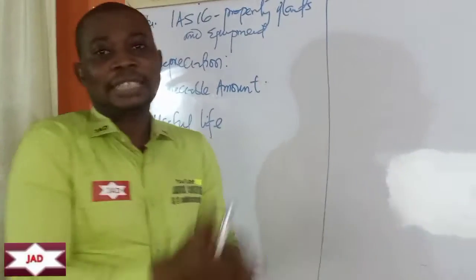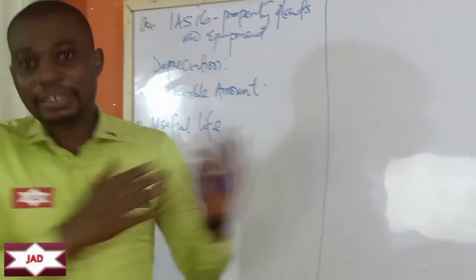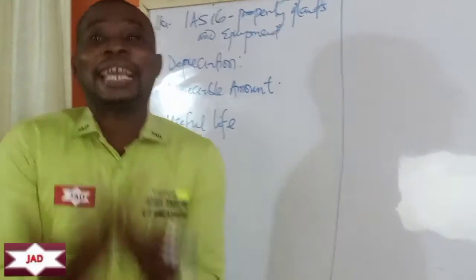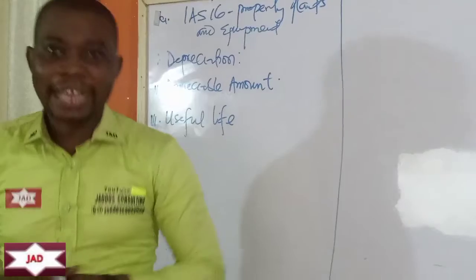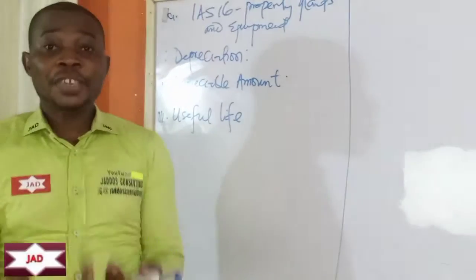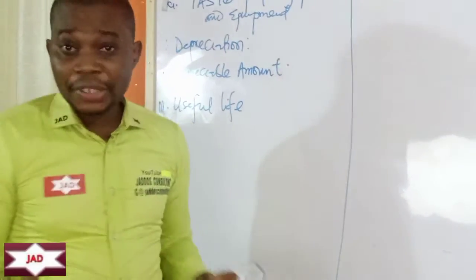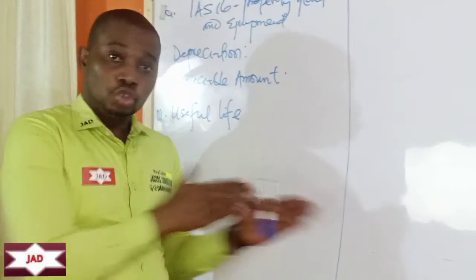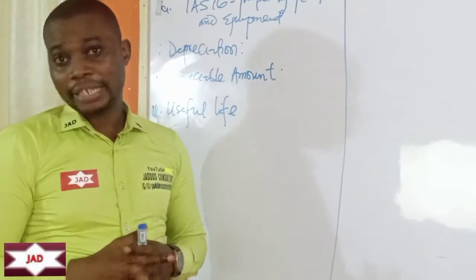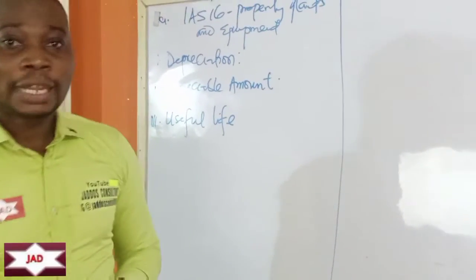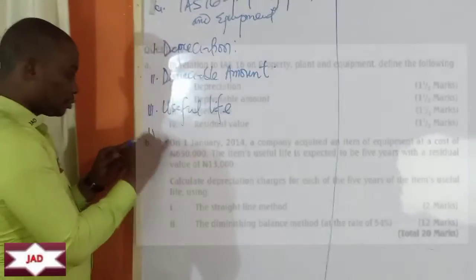If the business is adopting 5 years, then the 5 years there is the useful life. If it's adopting 10 years, then the 10 years there is the useful life. So the number of years adopted by a business to use a particular asset is what we call the useful life. So the next one there says